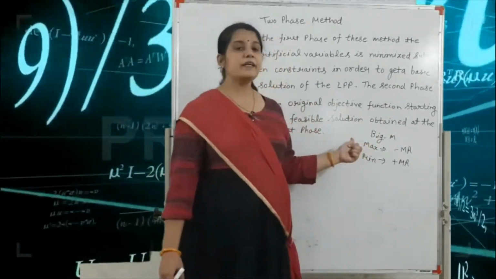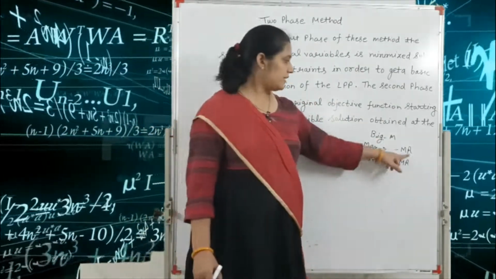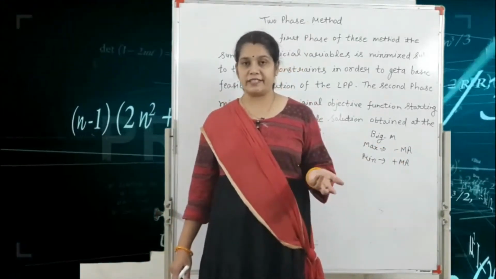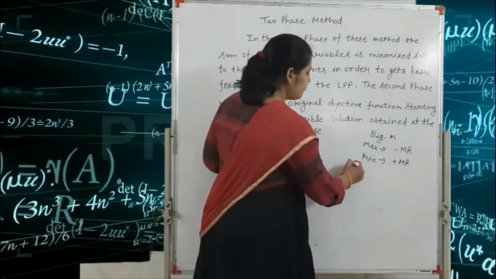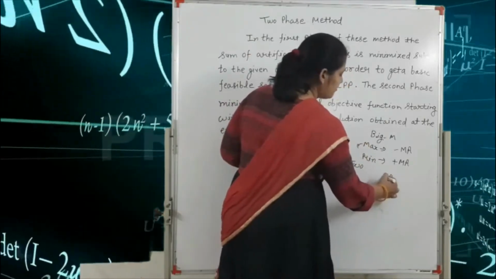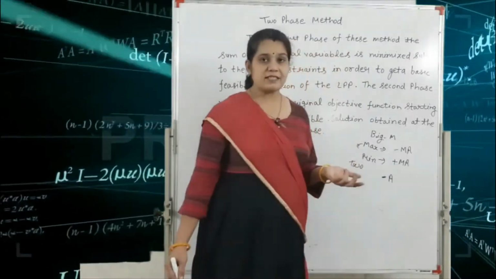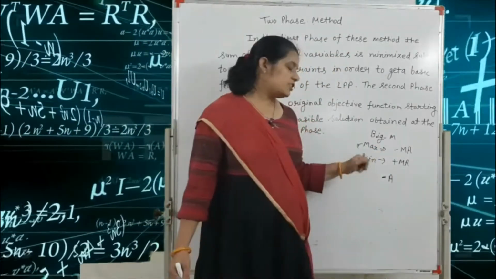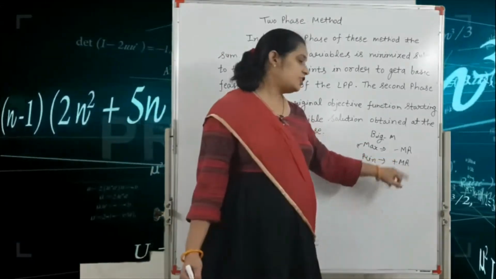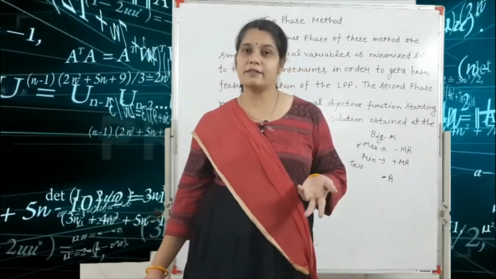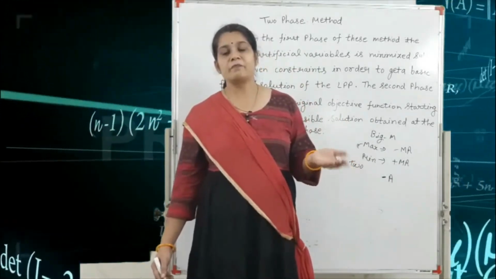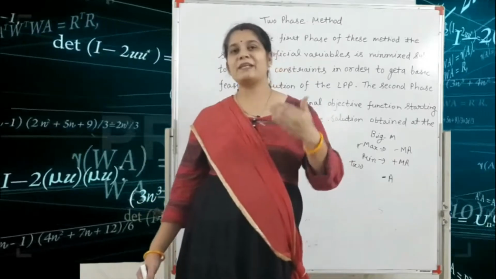So here, in the maximization form, we write the coefficient of the artificial variable as minus M. M is a very large quantity. In the two-phase method, if a question is given in maximization form, we write the coefficient of the artificial variable as minus 1. That means minus 1. Got it? So if a question is given in, for example, the minimization form, we can say the coefficient of the artificial variable is plus 1. But our question is converted to the maximization format, because our two-phase method is always solved by the maximization form.